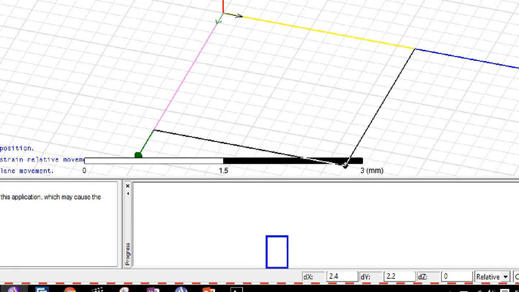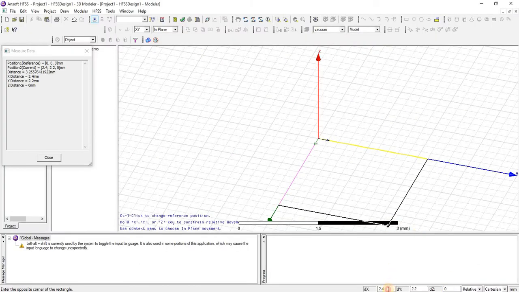Here you can see the x-axis, y-axis, dx and dy. Because it is a 2D object, dz is 0. Just set the value.